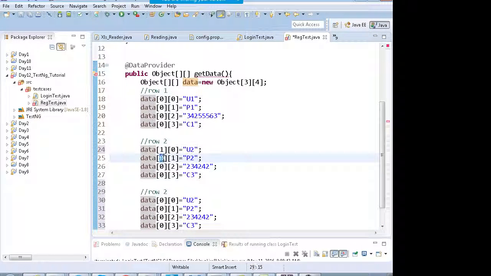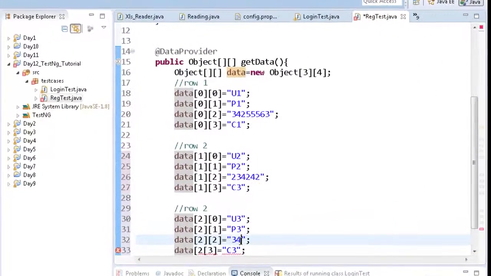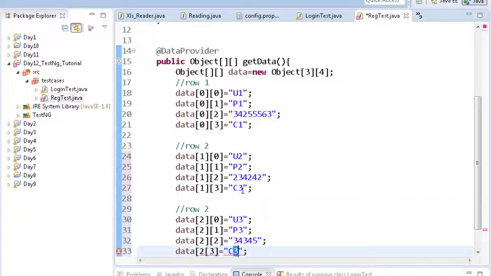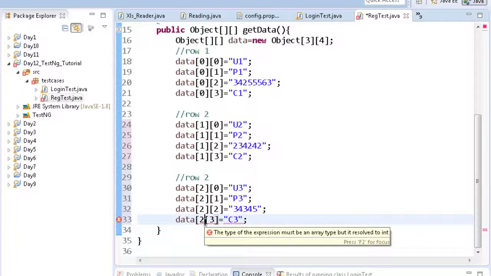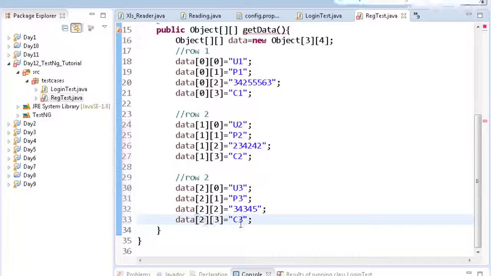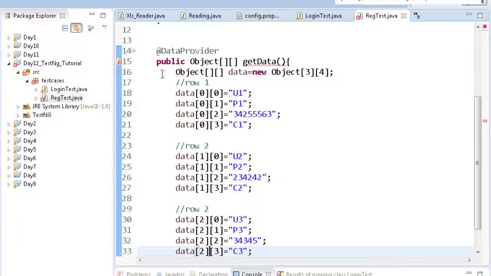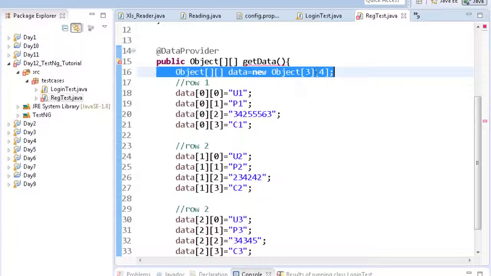This is row 2. This is row 3. So you have built a two-dimensional object array with 3 rows.